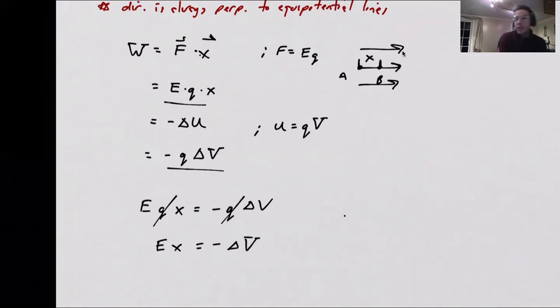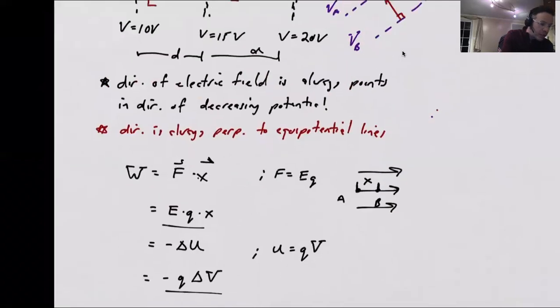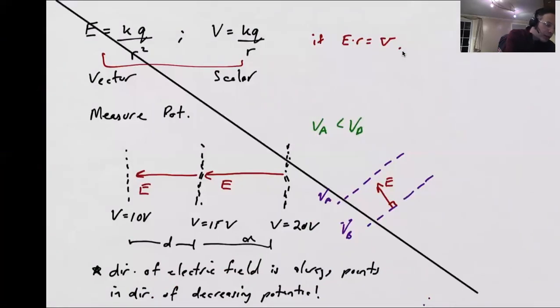Now, remember, this is based on last semester when we defined the change in potential as V final minus V initial. So we can now just say that E times X is really V initial minus V final if we take that negative into account. So if we don't care about which place is initial and which place is final, if we only care about the magnitude, then we get left with this formula right here, which, by the way, we said was going to match our gut check